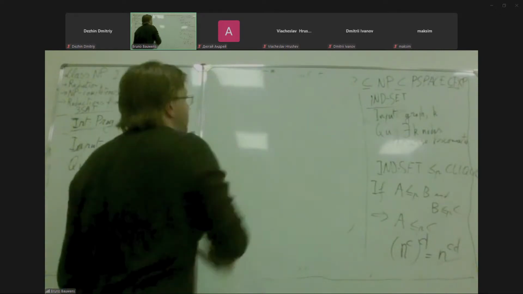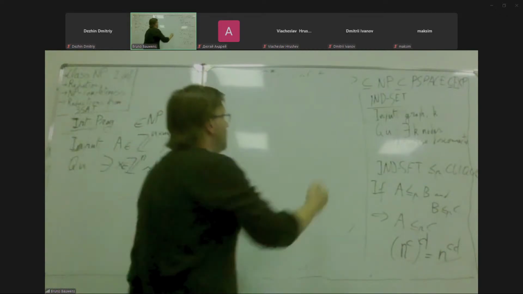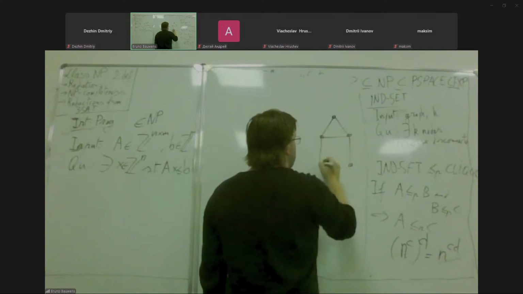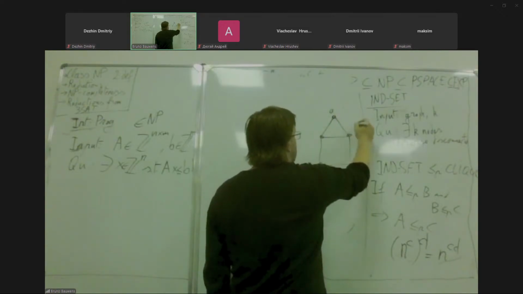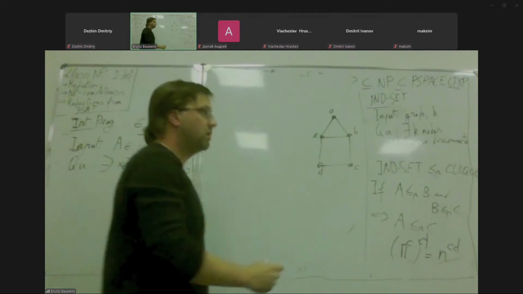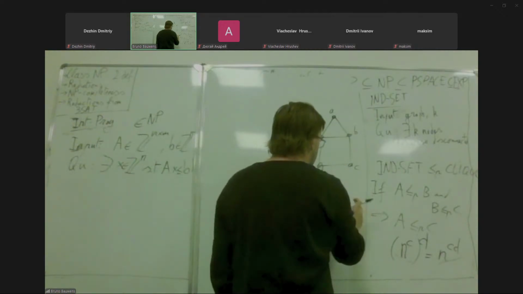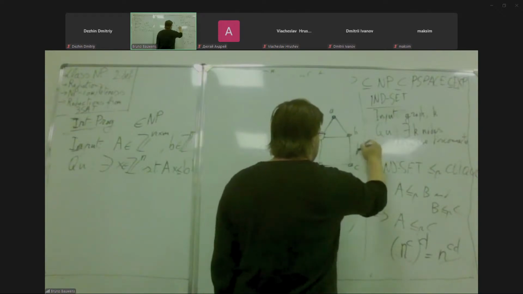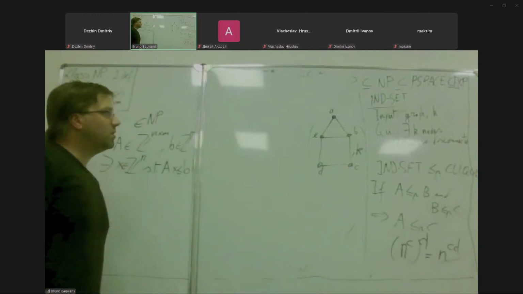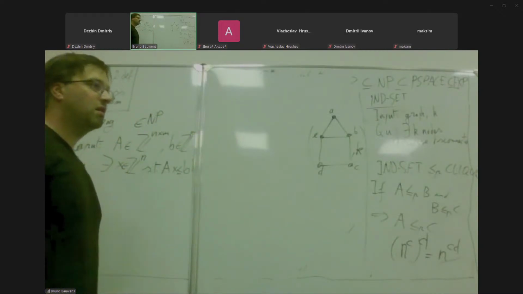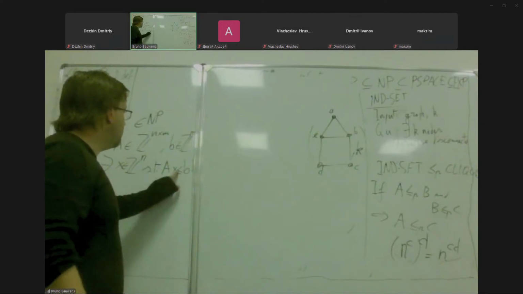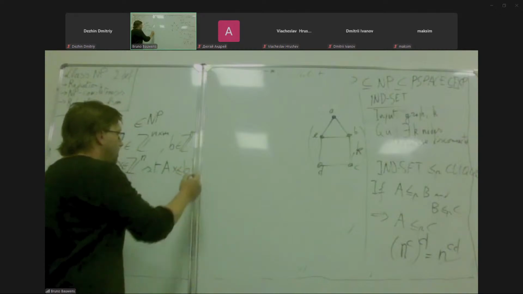We are given a graph. Let's do it with an example. There is a pretty short reduction of the integer programming problem to the minimal vertex cover problem. Last year I used the reduction of vertex cover to integer programming, and now I use